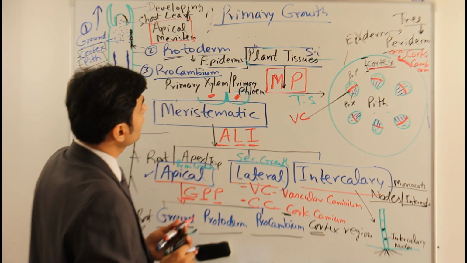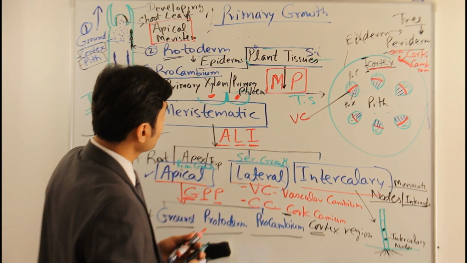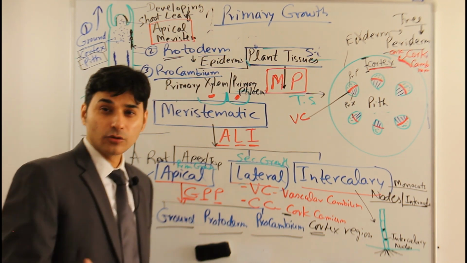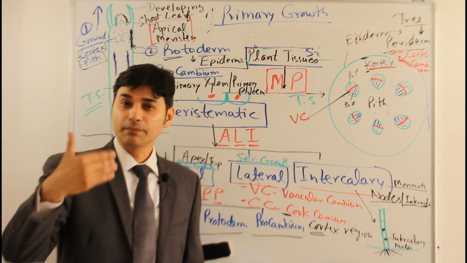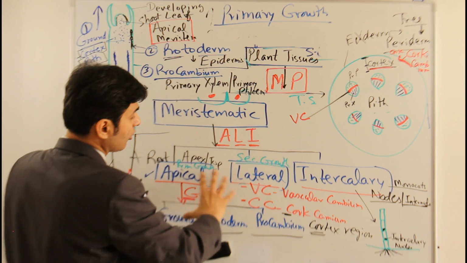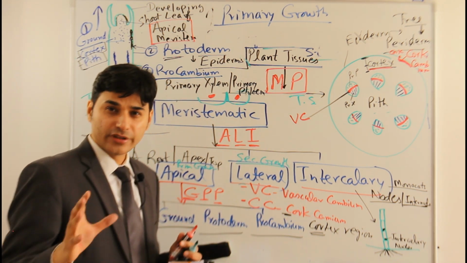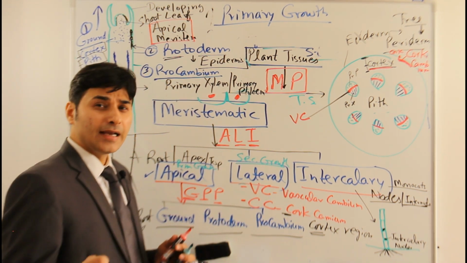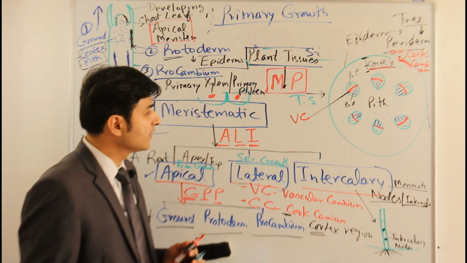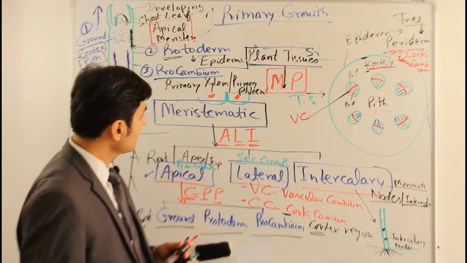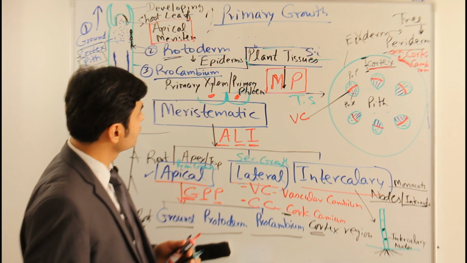So we have finished the meristematic plant tissues. As you know, there are two types, as I told you in the beginning, MP: meristematic and permanent. We have covered all the meristematic tissues with their examples and the method to remember them easily. And then we will move to the